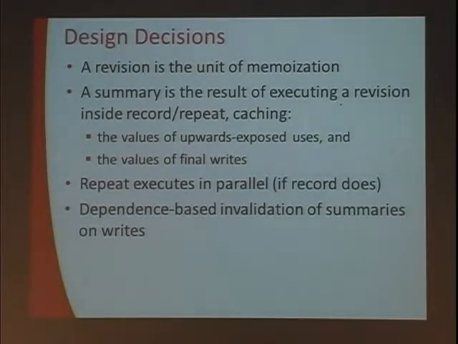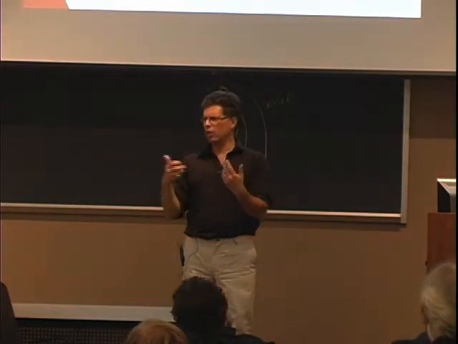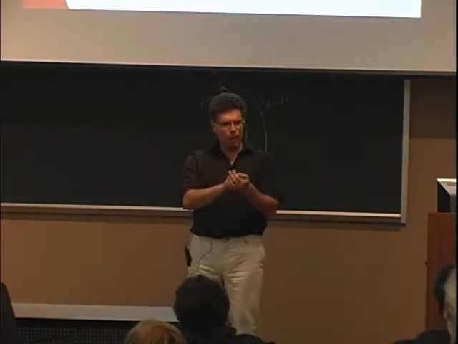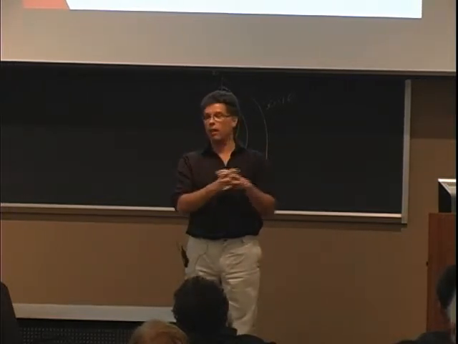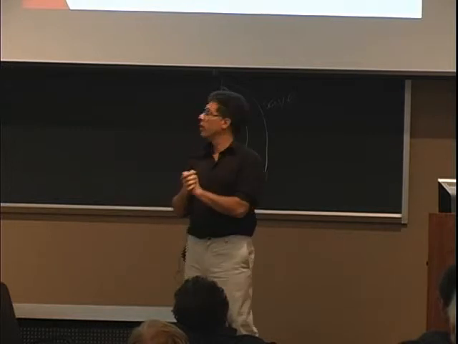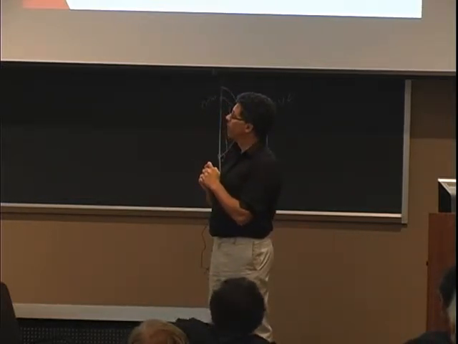So our design decision for making it incremental is that these revisions, these tasks that we fork and join, are the units of memoization. When we decide to make something incremental, we also have this granularity question: what am I caching? Am I caching function calls? Am I caching expressions? Am I going very fine grained? Our decision is to keep it pretty coarse grained. Whatever you decided was good for parallelism, that's our unit of memoization. And if you want to do something else, that's outside.